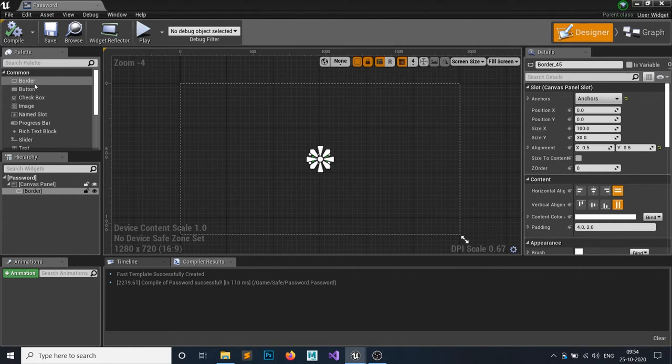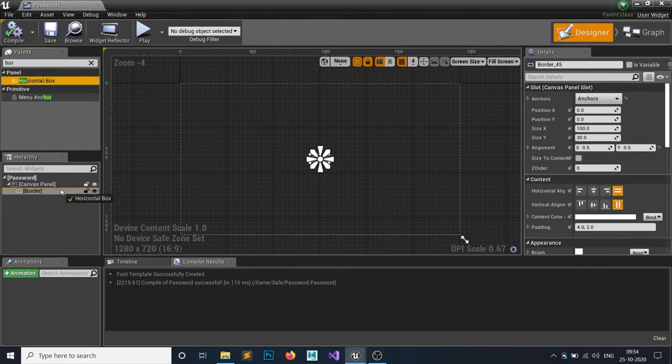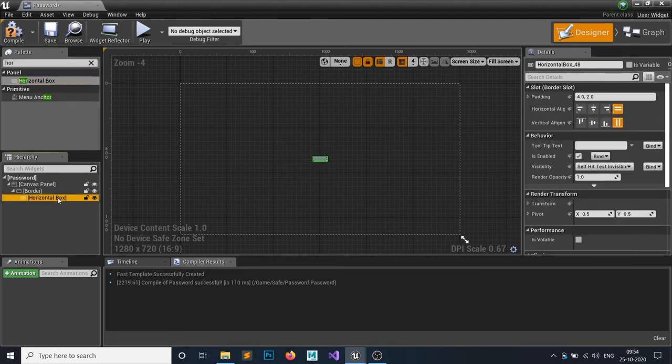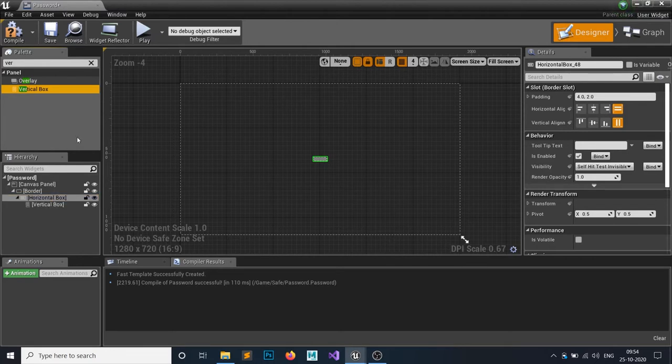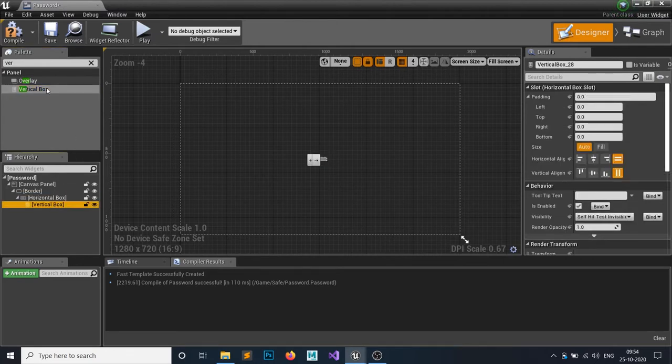After that, inside here I need a horizontal box because I want to attach all the things horizontally, and inside that I need a vertical box because we need three things: an up button, a down button, and a text. So inside the vertical box we need a button, another button called the down one, and a text which will represent a number.